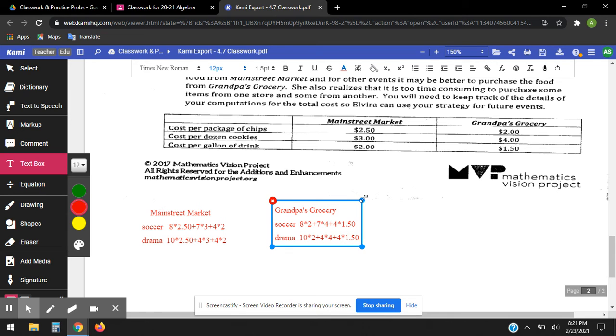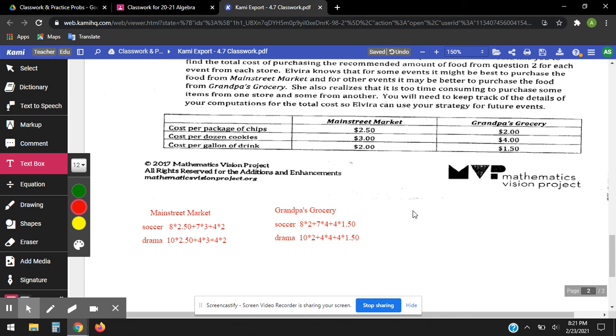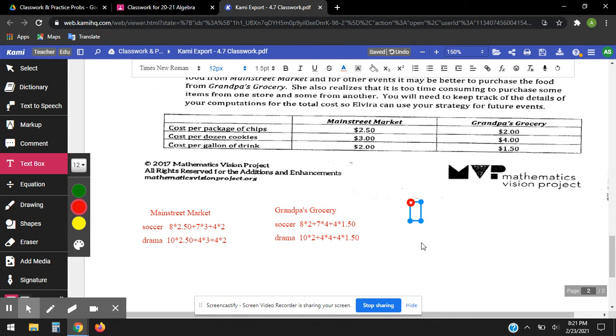Okay, so now that I've got my work shown, now I'm going to put it into a matrix. So here is my space here. We're just going to call that Main Street. I'm going to call this one Grandpa's. Over here, I'm going to have soccer. I'm going to have drama. Okay, so my Main Street total for soccer